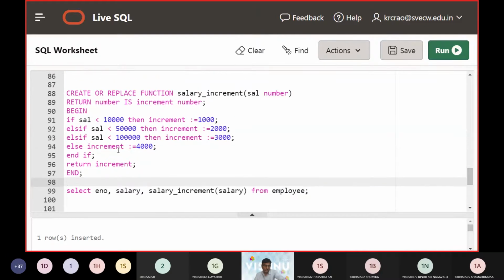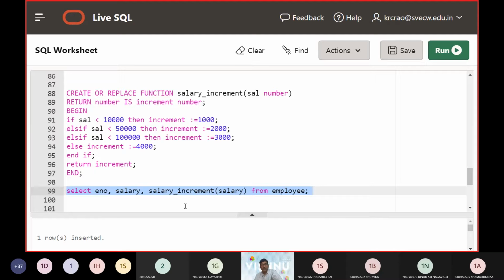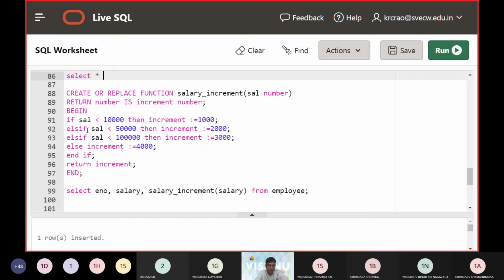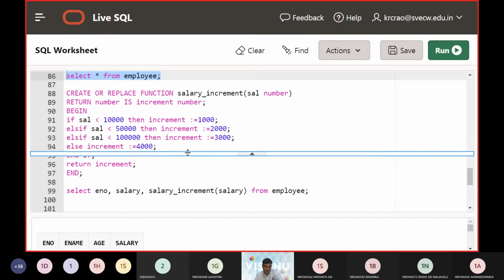So how is this function called? I'm going to use a SQL query. In this SQL query, select the employee number, salary, and followed by the incremented salary. How do I get the salary increment? I name the function that we have created, and we call it from the SQL part. Okay. So before that, we will check the number of rows in the employee table, whether all the 4 or 5 rows we have given are now stored in the employee database or not, then we will start executing the things.